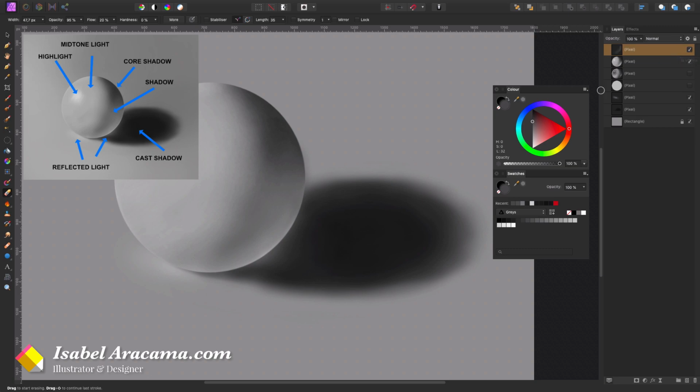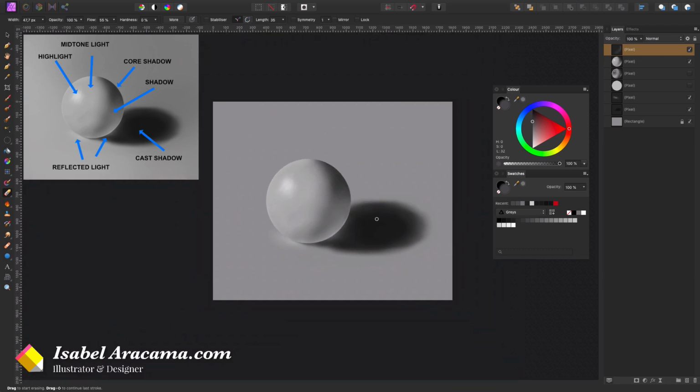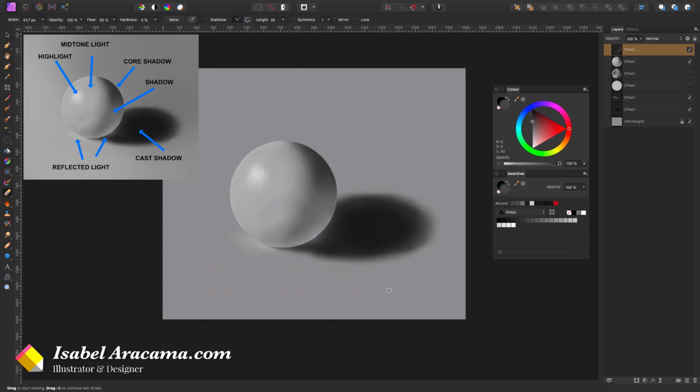Okay, so yeah, I want to erase probably everything that is past the boundaries. This is just, you know, because I'm doing it afterwards. Should have done it before. Once you have your sphere perfect, you can go for the shadow. And if anything, you only need to touch the edges, and that's about it. Okay. Let's do the background now.